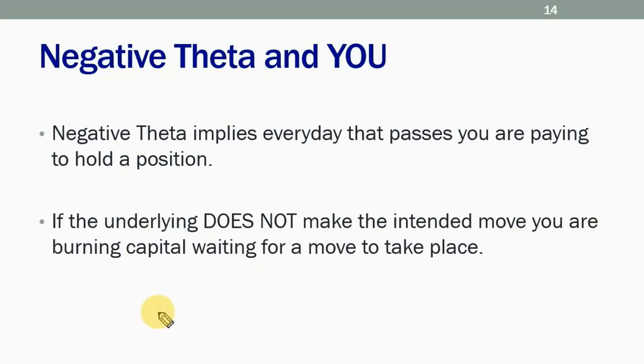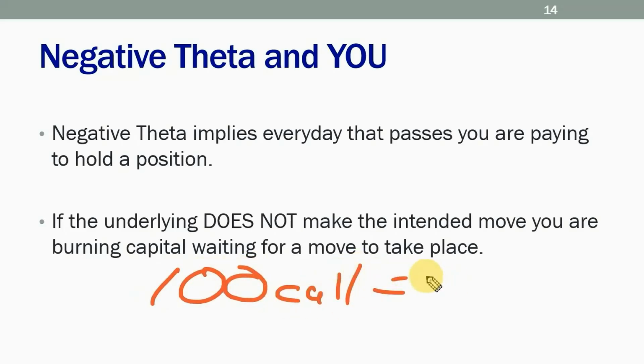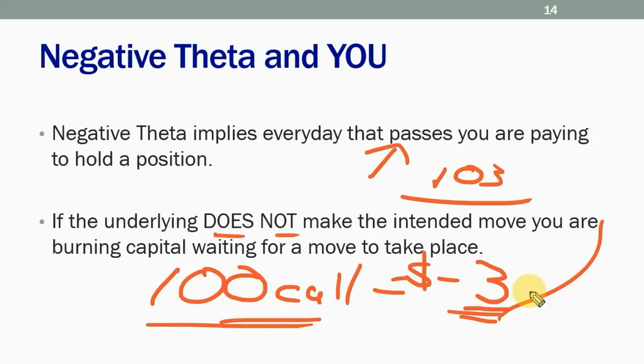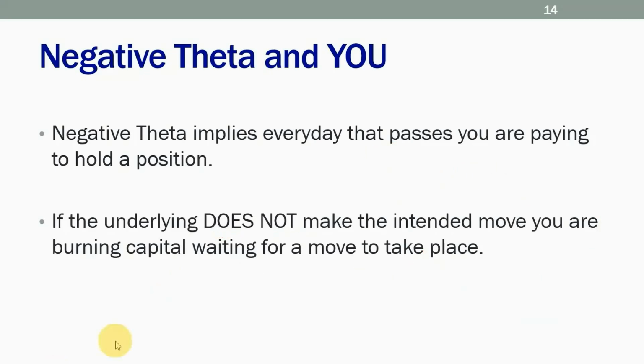That's one of the problems when you're burning theta: you just go out and buy a call. As I was elaborating earlier, we had this 100 call, and that 100 call cost us $3. Buying a call is bullish; you hope the stock goes up. But if the stock stays flat at 100, you're burning part of the $3. If the stock goes down, you're hemorrhaging part of the $3. The only way you can make money is if the stock goes up, and it has to get to at least 103 just to get your $3 back. You've got to think about that from a probability standpoint.